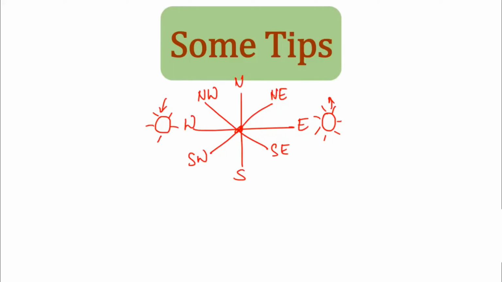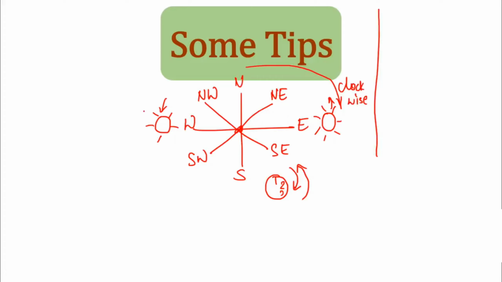Now what is clockwise and anti-clockwise direction? How does a clock move? Say if this is a clock, 1, 2, 3, so this is clockwise, and the exact opposite will be anti-clockwise. So whenever a person is making a clockwise turn, the person is going like this, and if a person is going anti-clockwise, the person is going like this. This is nothing but anti-clockwise, right? So please remember, this is clockwise and this is anti-clockwise.